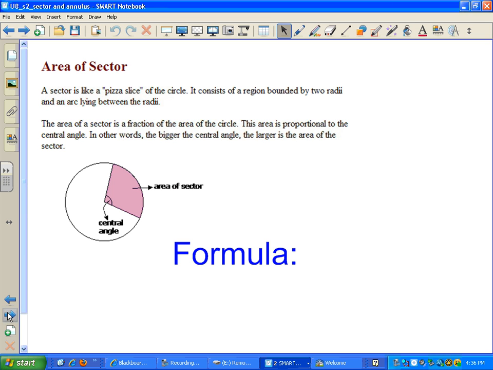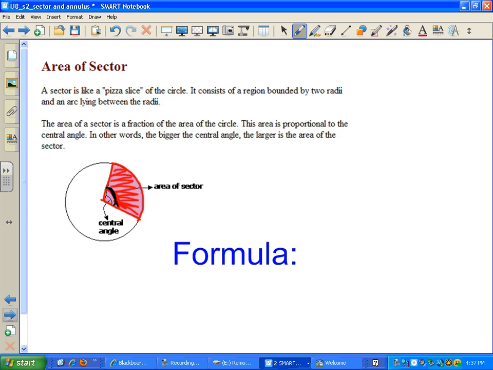So it's a region bounded by two radii. So here would be radii 1, there's radii 2, and the arc lying between the radii. So this part right here. So we're talking about this area. Well, the area of a sector is just a fraction of the area of the circle. So this area is proportional to the central angle. In other words, the bigger the central angle, so the bigger this angle is right here,